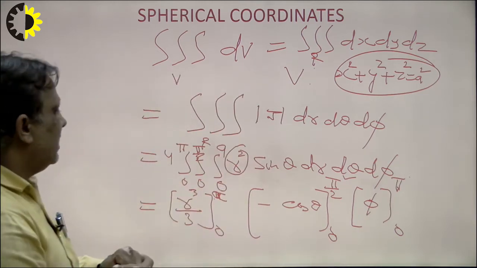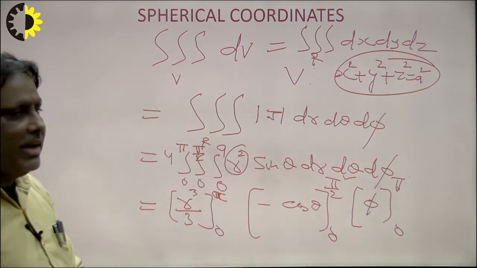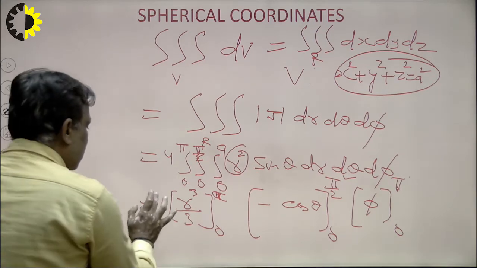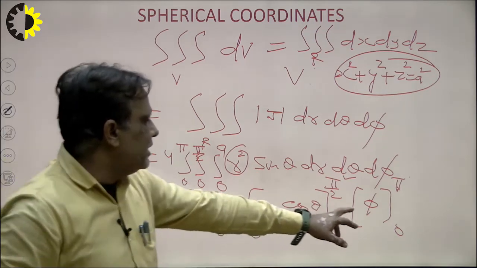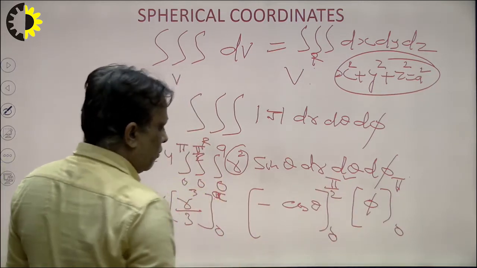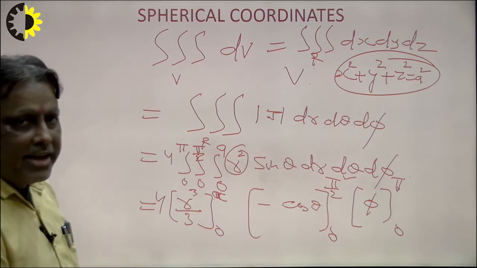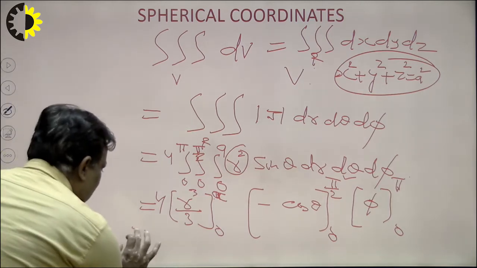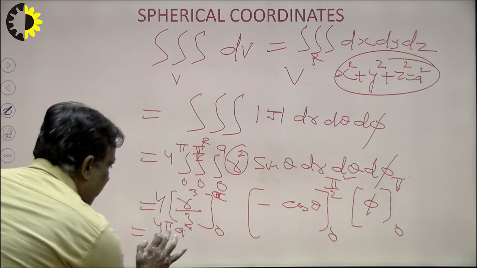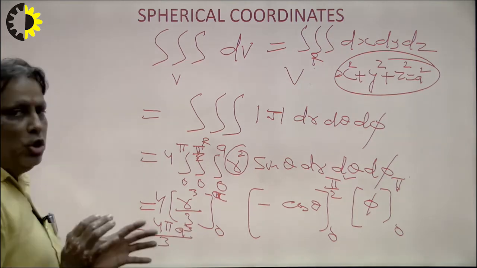Now the question is, what will be the conclusion here? We see very carefully. The integration of this is π. The integration of sin θ gives cos π/2 minus cos 0, which is 1, and the integration of r² gives a³/3. So the result will be 4πa³/3, and this is the volume of the sphere.